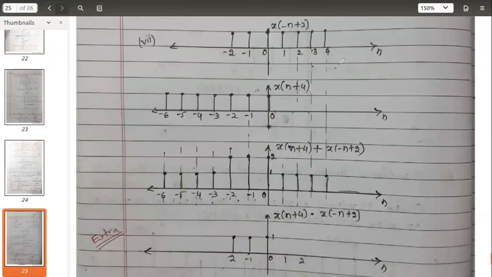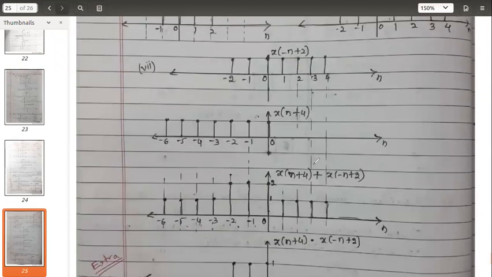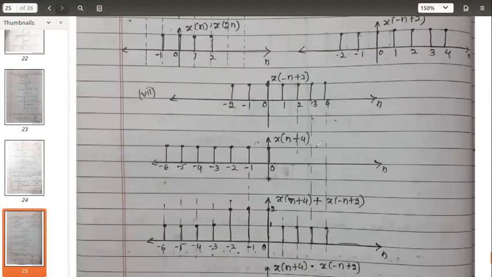Now let me go for the addition. These two signals are to be added. What is the time here? It is starting from minus 2 and going to plus 4. But if you observe the second signal, it is starting from minus 6. So let's not start from minus 2. We will start from minus 6, the extreme end of both. Before this, we don't have anything, so 0 before this.